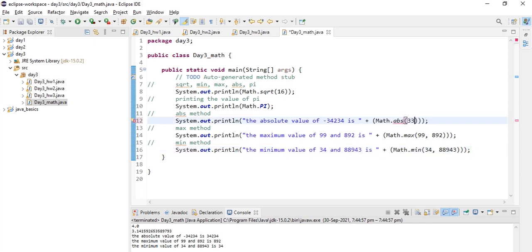We will get a positive value, that is 33. The absolute value of 33 is 33. Here we are printing the maximum value of two numbers, 99 and 892, that is 892, and here we are printing the minimum value of 34 and 88,943, that is 34.